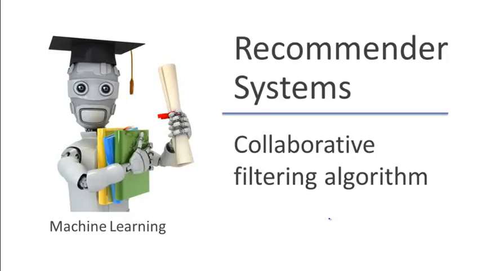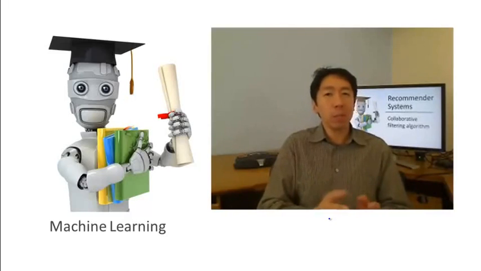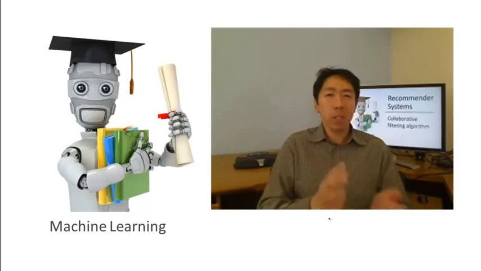In the last couple of videos, we talked about the ideas of how, first, if you're given features for movies, you can use that to learn parameters theta for users. And second, if you're given parameters for the users, you can use that to learn features for the movies. In this video, we're going to take those ideas and put them together to come up with a collaborative filtering